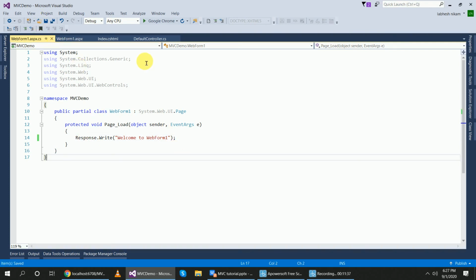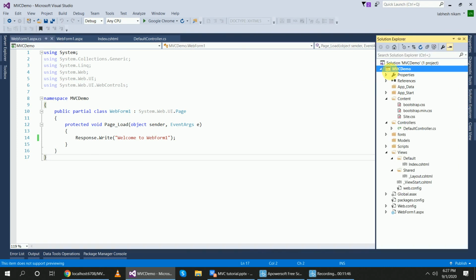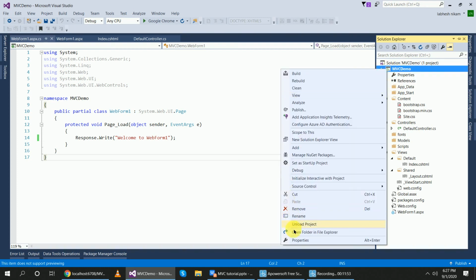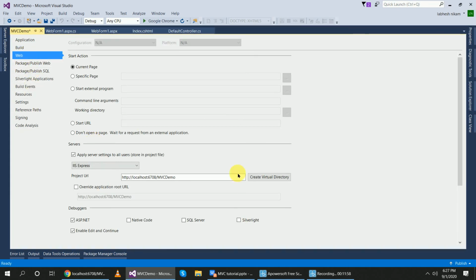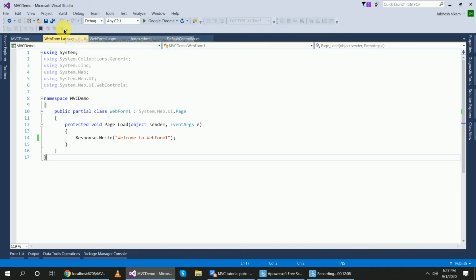Save it, and inside of the project name property, right click it, properties, web, the same MVC demo. This project is the same, so no need to change. Okay, now go to webform1.aspx.cs and run your project.